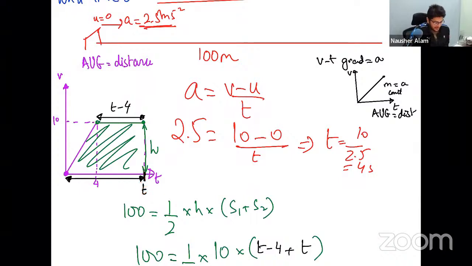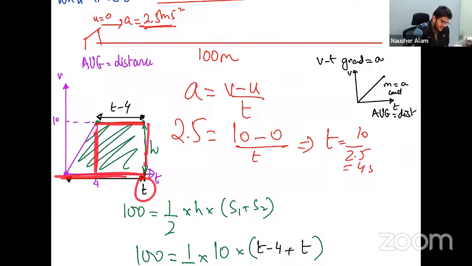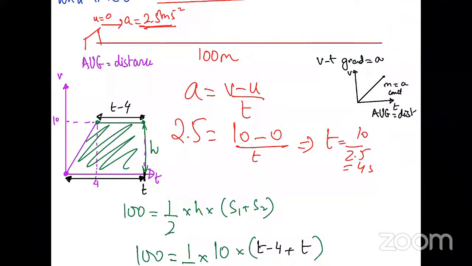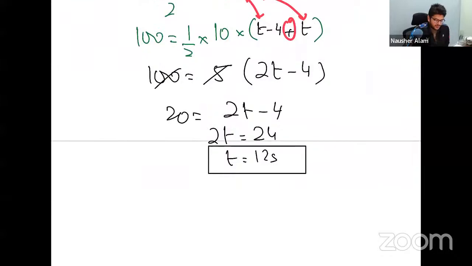तो अब मैंने यहां पे टाइम टी एज्यूम कर लिया, मुझे नहीं पता ये टाइम कितना था, मैंने टी लिख लिया। तो इस साइड की जो लेंथ है क्या वो टी नहीं होगी? टी होगी सर। और इसकी लेंथ कितनी होगी? टी माइनस 4। 4 माइनस टी क्यों नहीं लिखा आपने? सर, बिकॉज टोटल टी है ना, 4 माइनस टी तो नेगेटिव हो जाएगा। एग्जैक्टली, 4 माइनस टी तो गलत हो जाएगा ना, बिकॉज ये लेंथ बड़े में से छोटे को माइनस करते हैं। सो एक साइड होगी टी माइनस 4, दूसरी साइड होगी टी, ऐड किया, आंसर आ गया 12। सॉल्व किया उसके बाद।